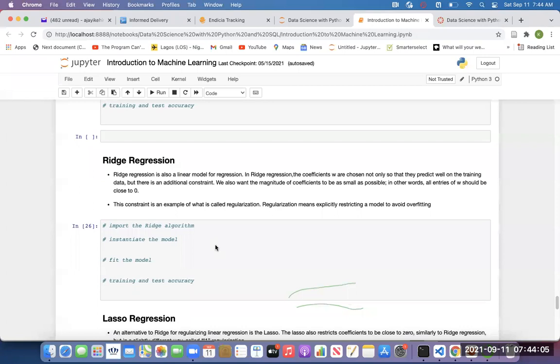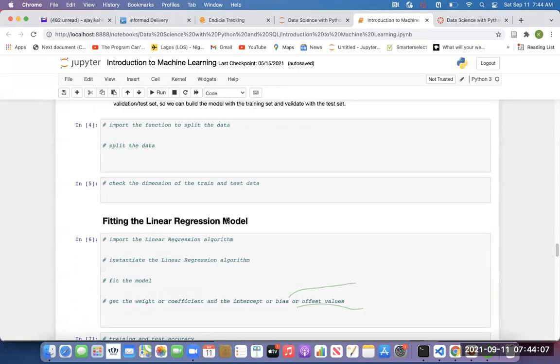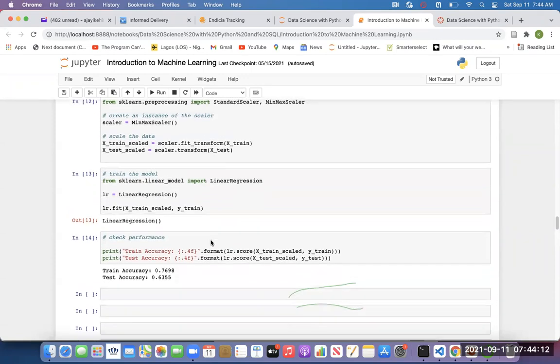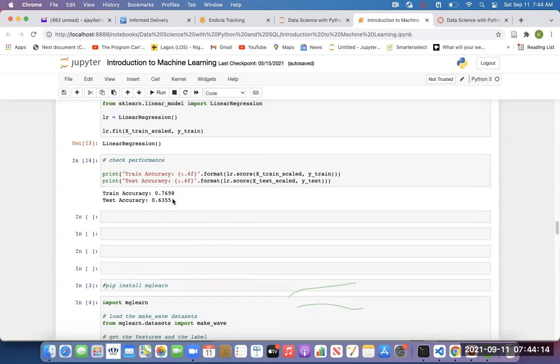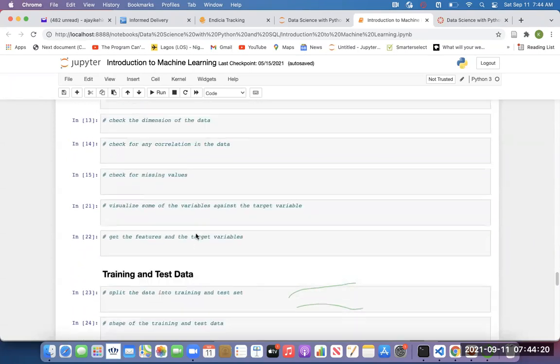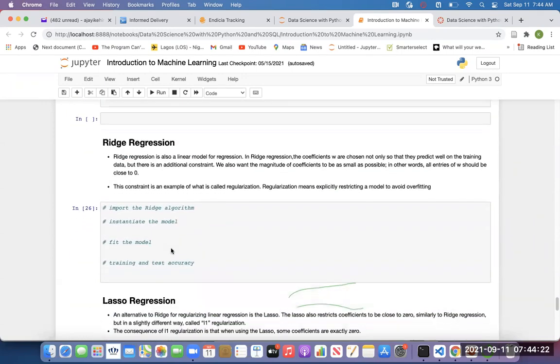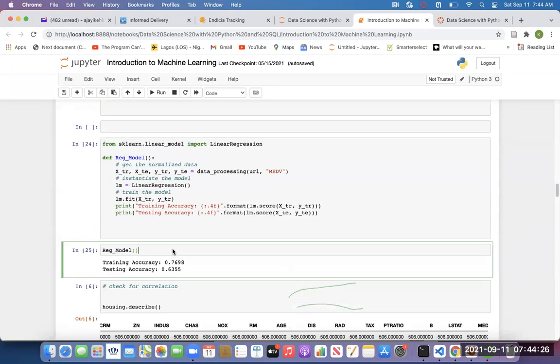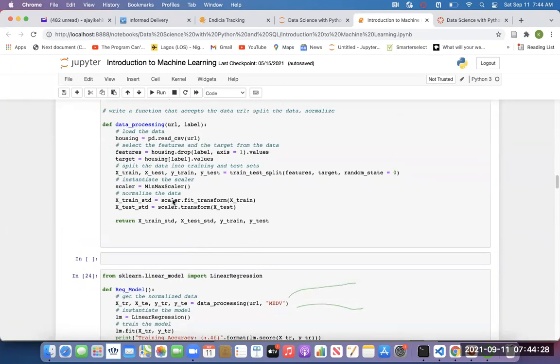By next week, we'll see how we can resolve this issue. We'll explore the two other models that can help us do the regularization, which are lasso regression and ridge regression. And that will be all for regression. But we're still going to stick to the idea of using functions.